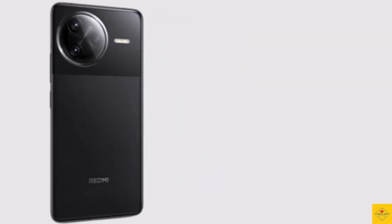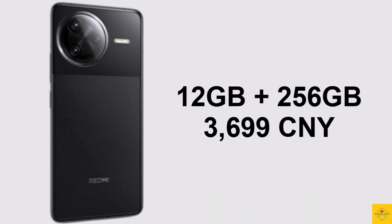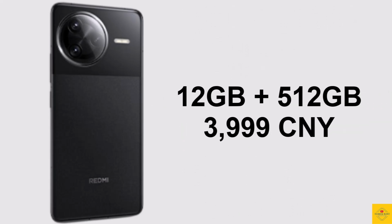So now let's have a look at the pricing details of the smartphone. The Xiaomi Redmi K80 Pro has been priced in China for the 12 GB plus 256 GB storage variant at 3,699 Chinese yuan, while the 12 GB plus 512 GB storage variant at